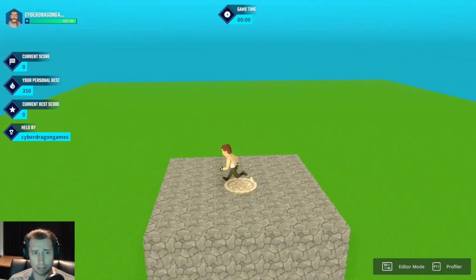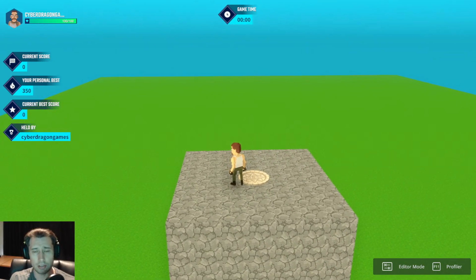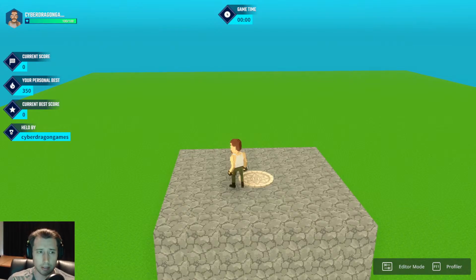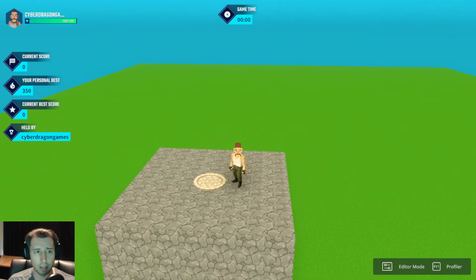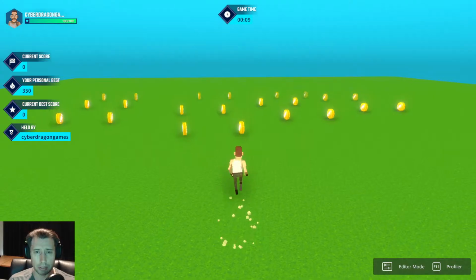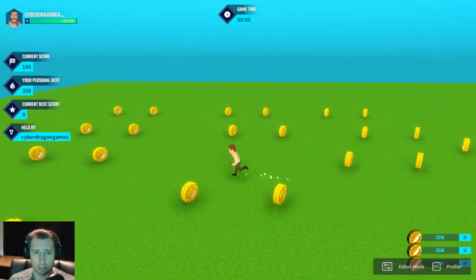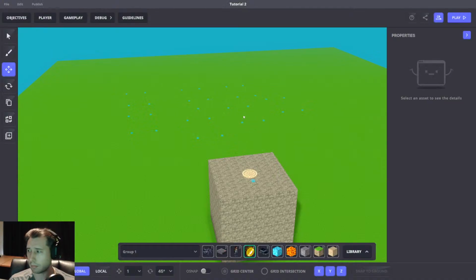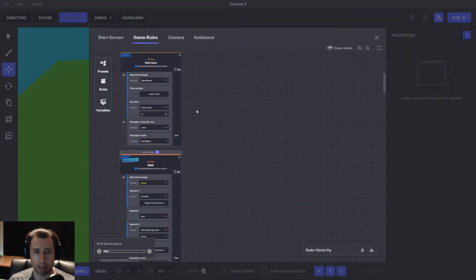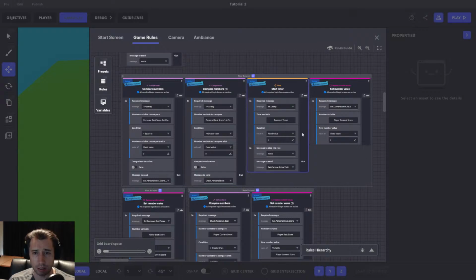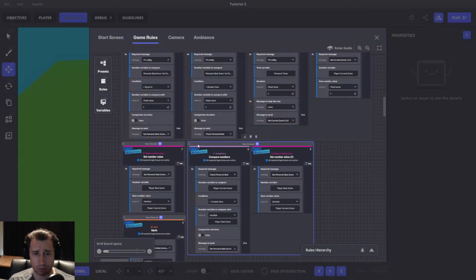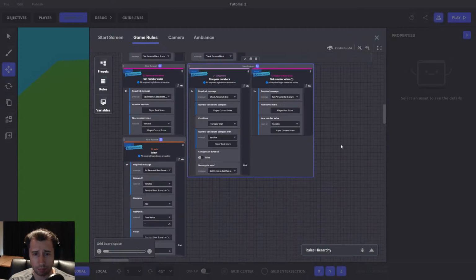So let's now set up that part so every player can see who has the highest score currently in this instance. So that way you can try to compete with others on getting a higher score than everyone else in the server. We basically want to replicate everything we just did here for the personal best, but for